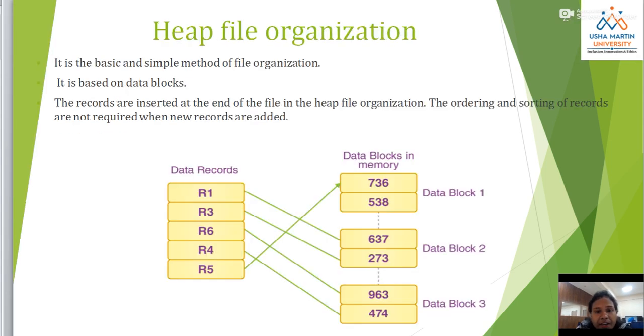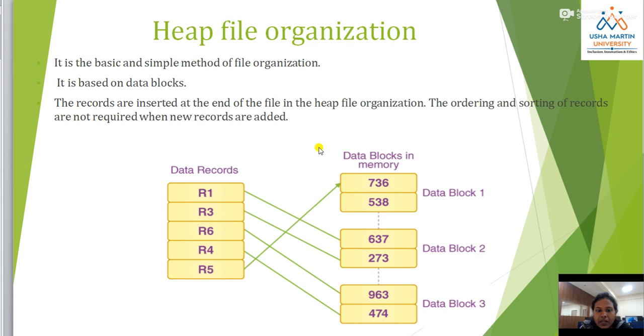It is a very simple method for organizing the file. Heap file, as the name suggests, means there is a very large amount of files in this file organization, and here the data is stored in the form of blocks, known as data blocks.